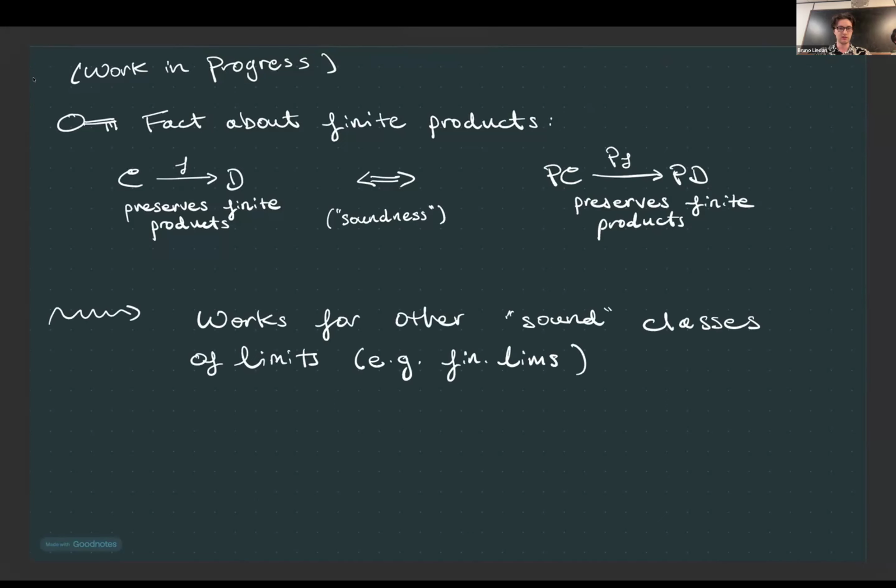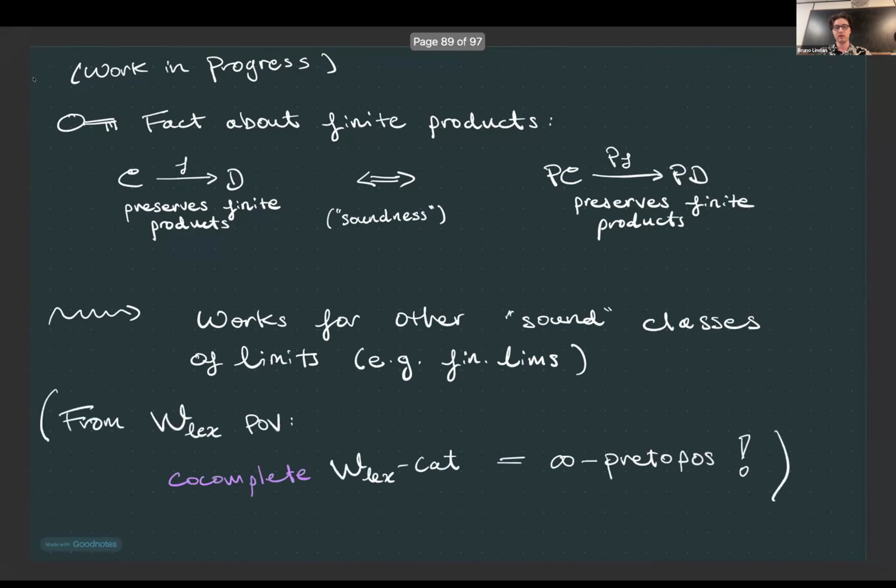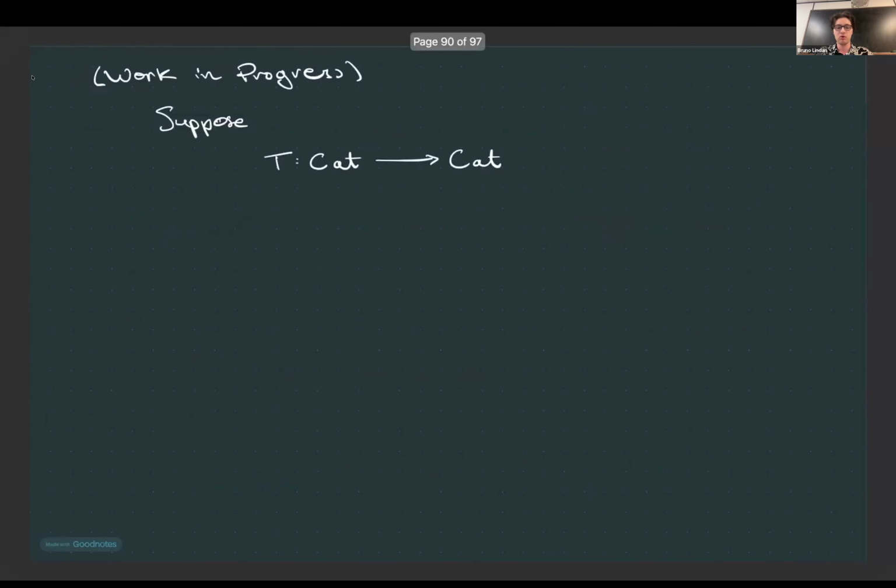Again, I want to be slightly cautious because there are a couple of details here that I still need to check, but the slide is work in progress. But one interesting thing that you can do is ask what happens when you take the co-complete WFP or whatever enriched categories. So here I've written the equivalent construction where I started with finite limits instead of finite products. What's curious about that is that you automatically get that the underlying category of objects over one is co-complete, but it also has the nice interaction between finite limits and co-limits that you get in what's called an infinitary pretopos.